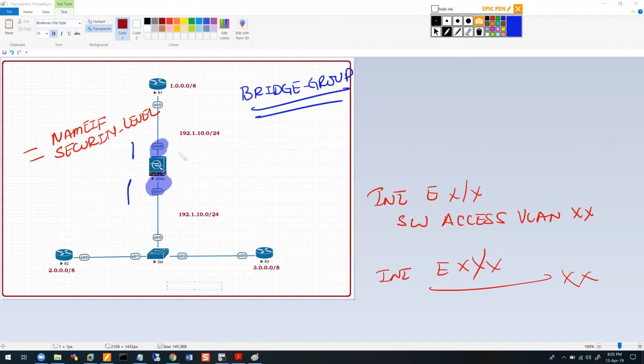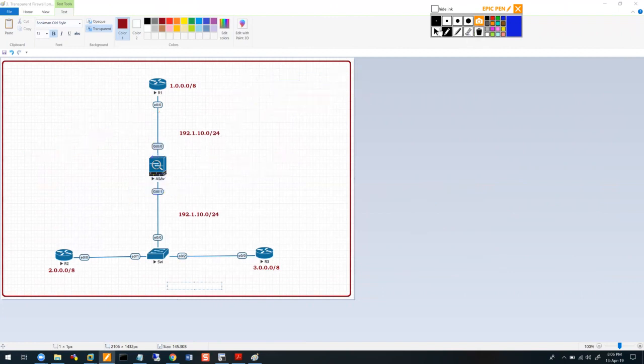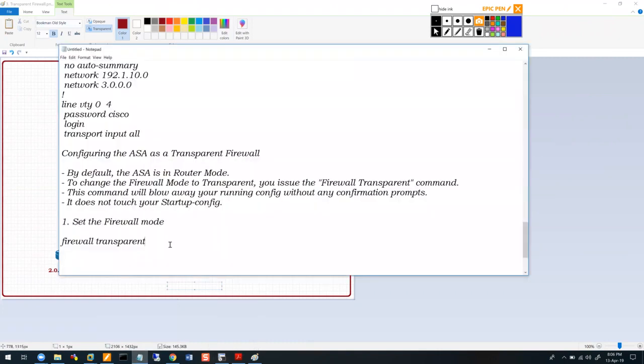All right. So what I'm doing is over here, I'm assigning this interface gig 0/0 and 0/1 to the same bridge group. By assigning them to the same bridge group, you basically link them together in the same layer 2 switch. All right, so that's the concept that you need to have over here to connect them up. So under the interface, you don't have an IP address. What do you have instead? You have a bridge group that needs to match on the two interfaces on the firewall that you want to connect to each other. So once this is done,